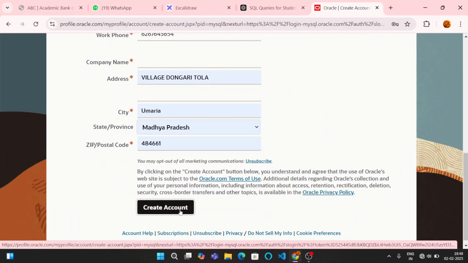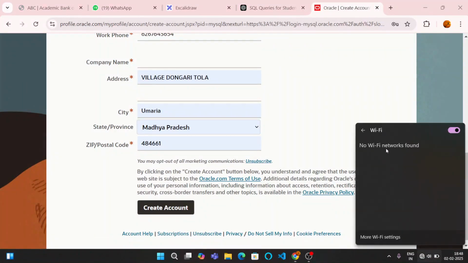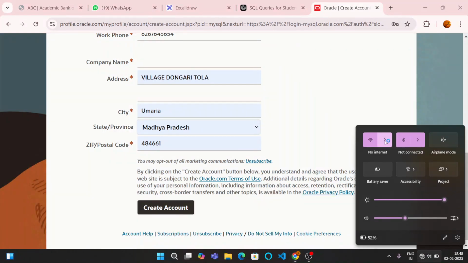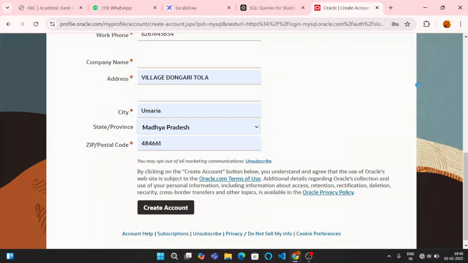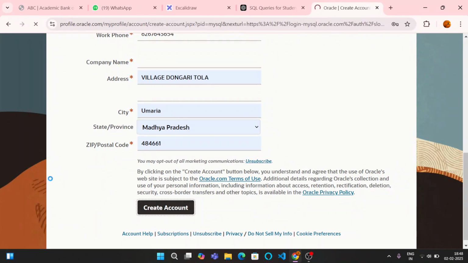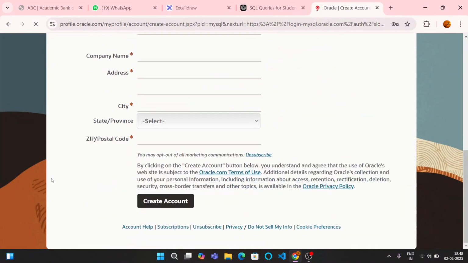Create my account. Can you create? Okay, I got some network issue. Here we have go. Yes, I got my connection back, and we are going to hit the request to the server to sign up for this account. And then okay,